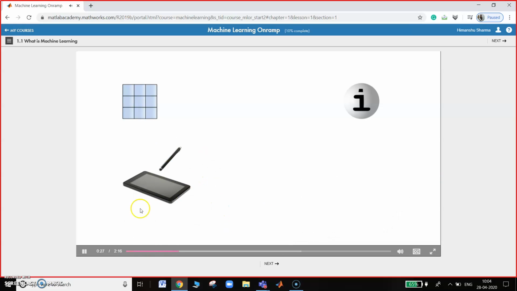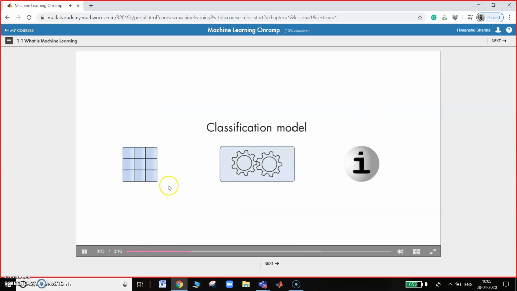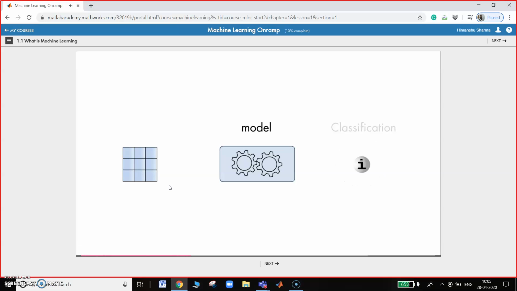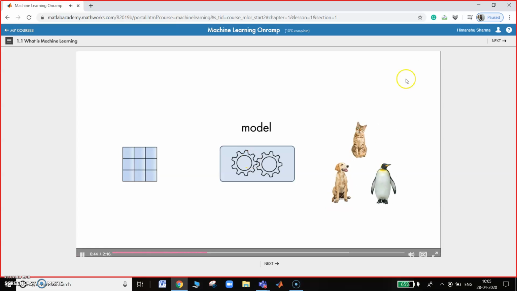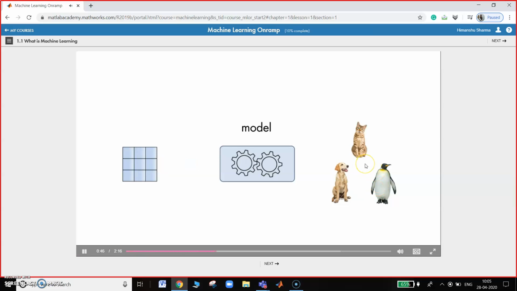Or checking how the machines are working. In this course we will see classification model, how we can do the classification of input data like cat, dog and penguin. What is a model?